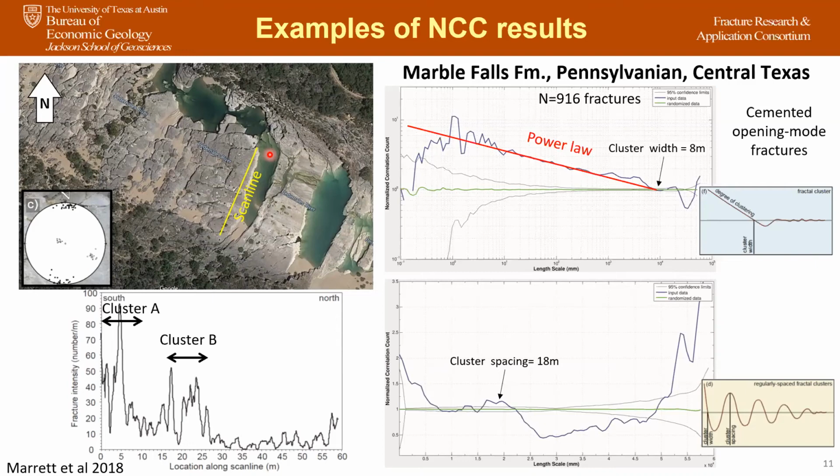And yes, on the DFN comment, I would like to make a point that most of the DFN tools that we have, for example, if you take Petrel to do a DFN model, the internal organization of the DFN is always going to be random because it's based on a Poisson point process that is random. So when you are able to analyze a fracture trace map or a scan line, and you're able to characterize the fractal dimension of that, or you're able to characterize the spatial arrangement of that,